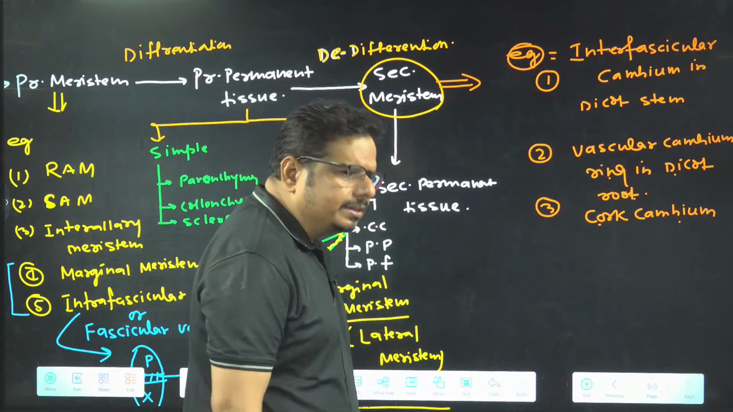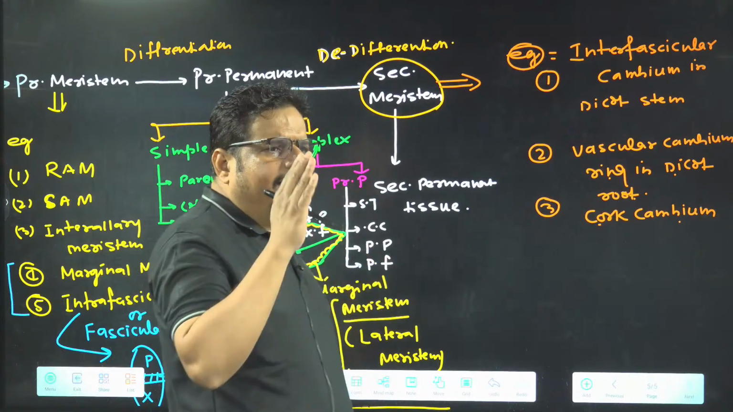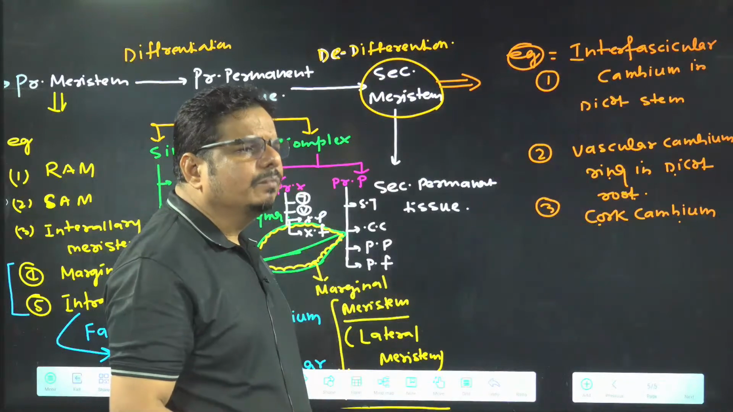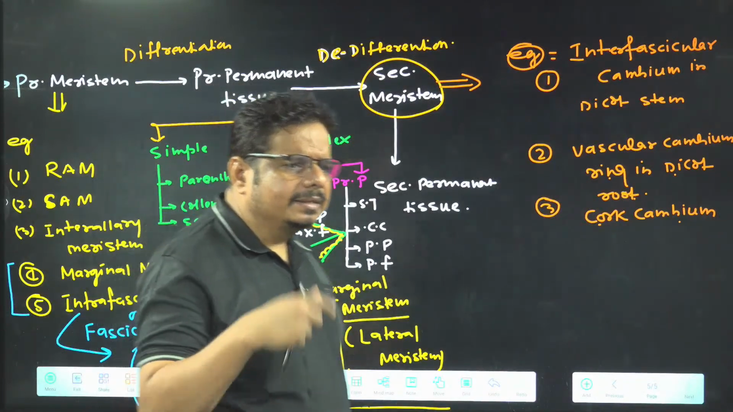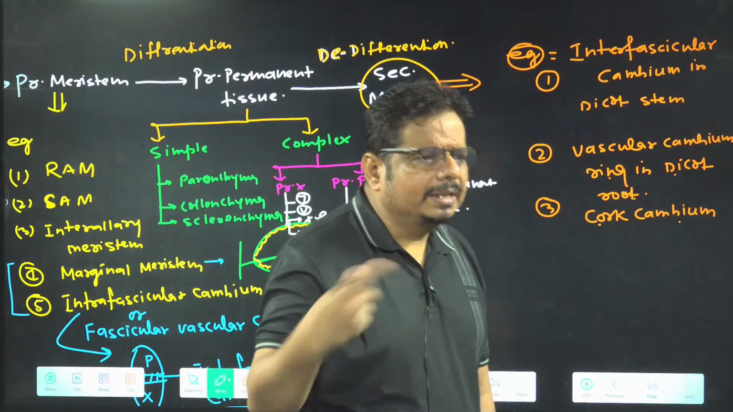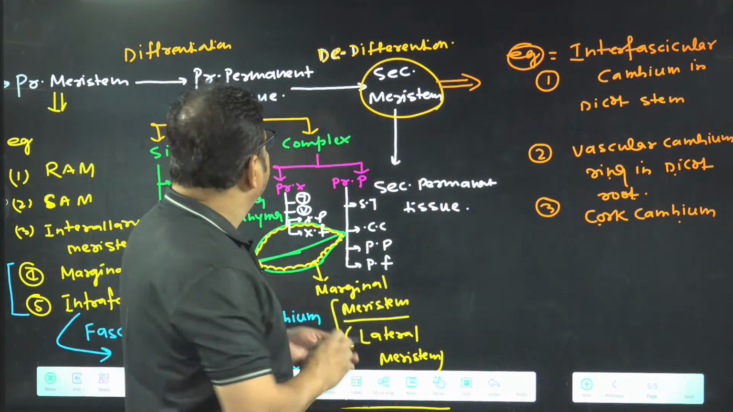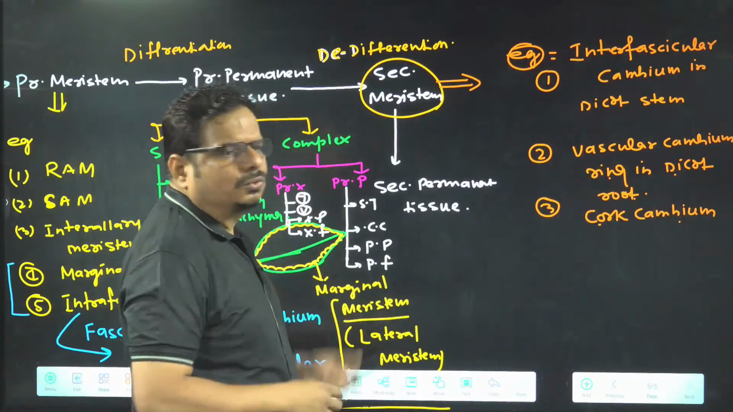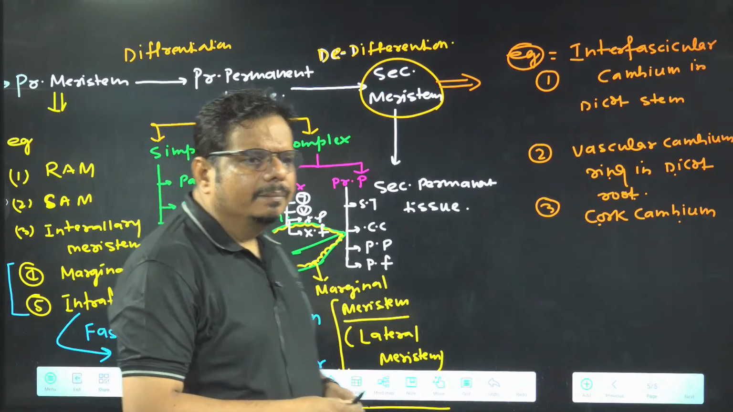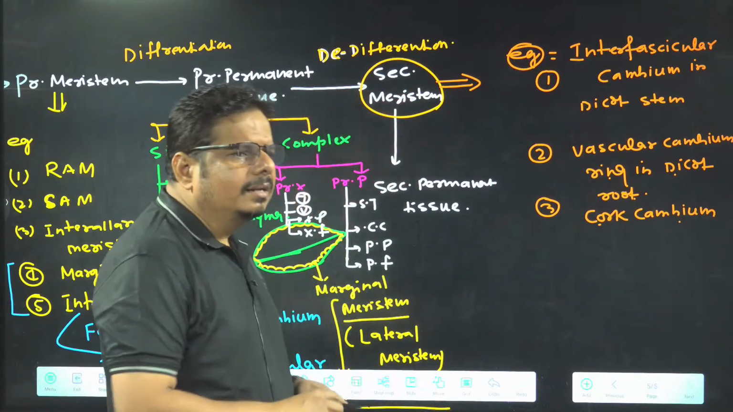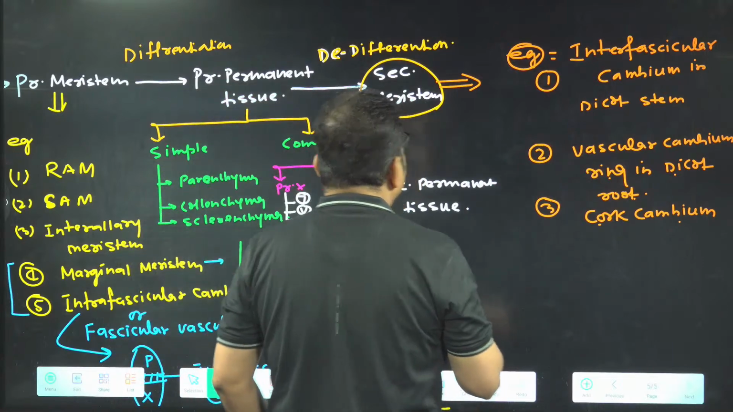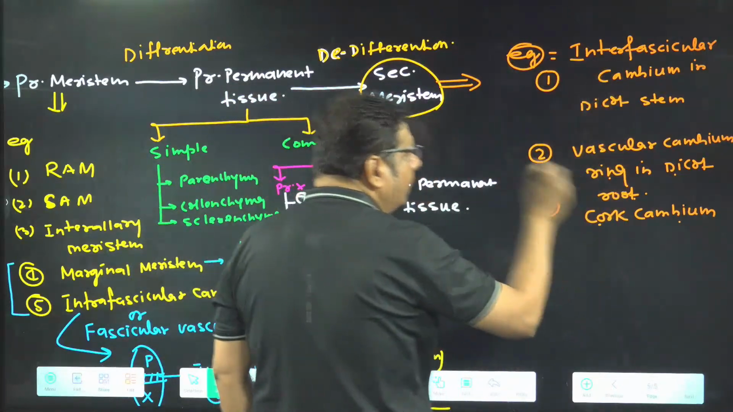Secondary meristem. Means they arise from which tissue? Secondary meristem arises from which tissue? Hurry up, tell me. Primary permanent tissue. Got the idea? And whenever these stop dividing,